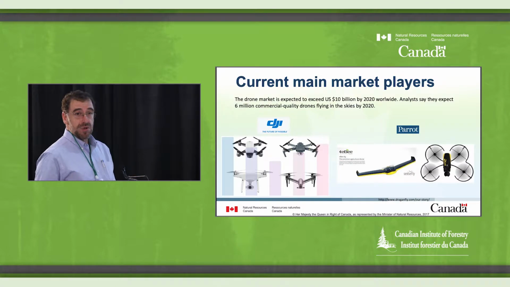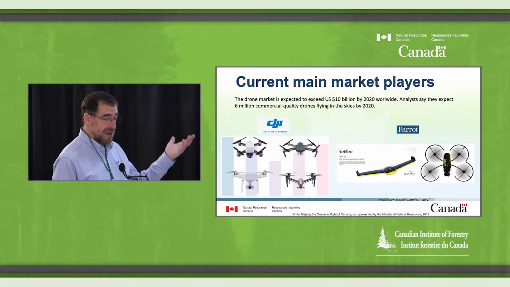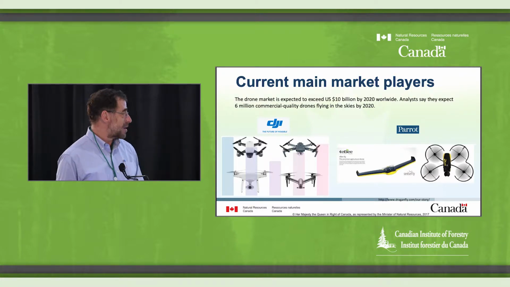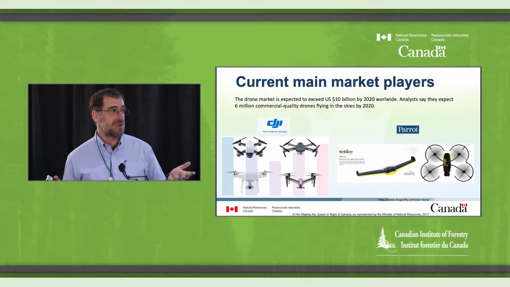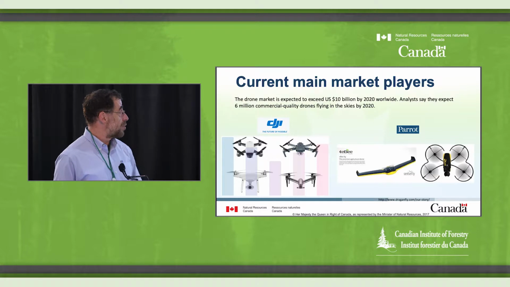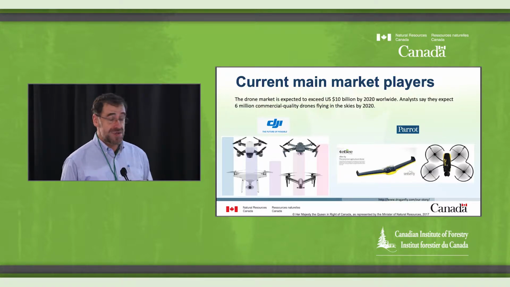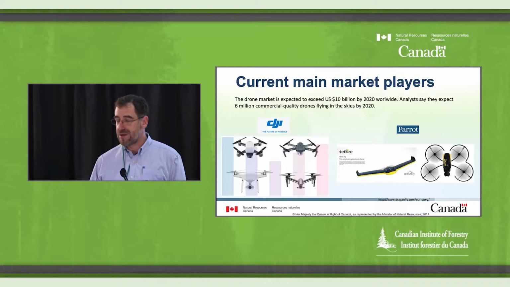Now we come to the 2010s, and we have two main companies. The first one, DJI, which most of you already familiar with drones know, holds more than half of the market. And the market is getting bigger and bigger. By 2020, the projection is that there are going to be over 6 million commercial drones operating across the world. We're not talking about toy drones, but commercial drones.